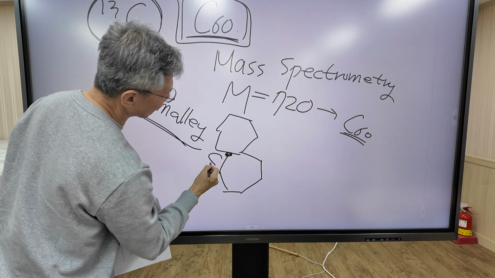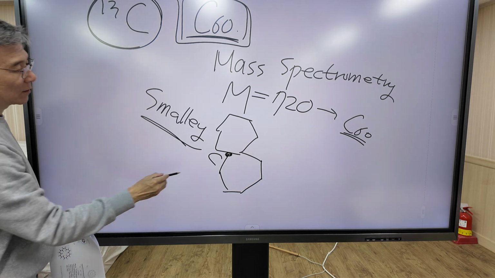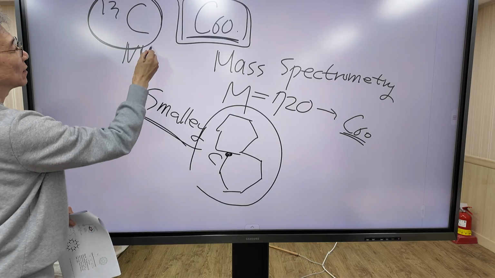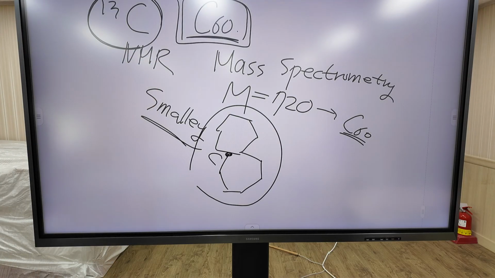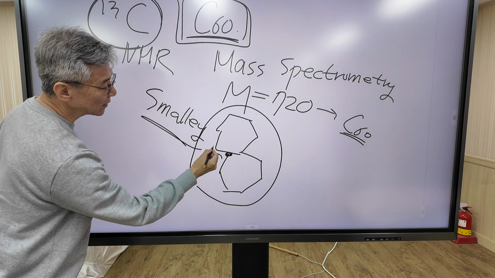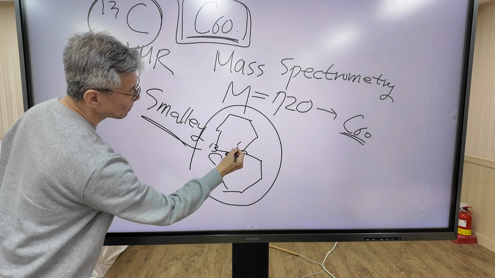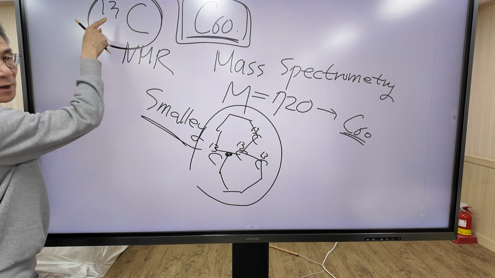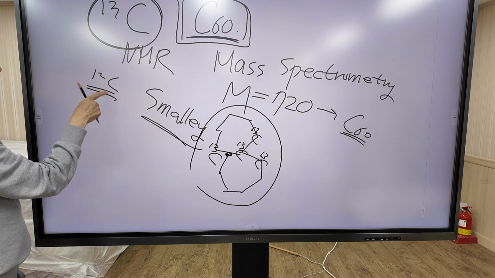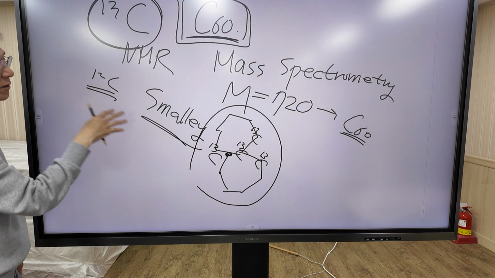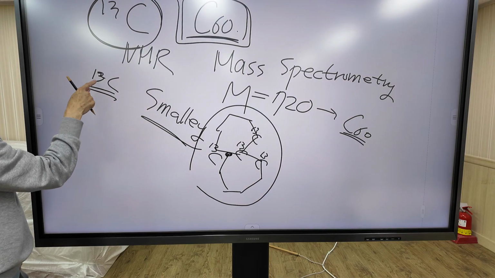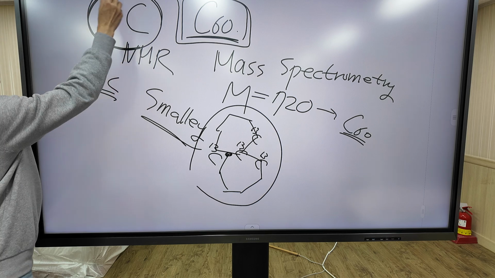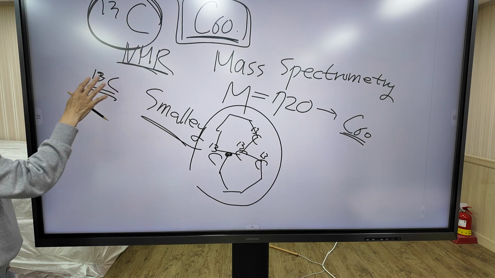Here is carbon, and the structure was confirmed by the carbon 13 NMR spectrum. All the carbon atoms were enriched by carbon 13 to measure the NMR spectrum. Carbon 12 does not generate an NMR spectrum. So when all the carbon atoms were enriched with carbon 13, we measured the NMR spectrum.